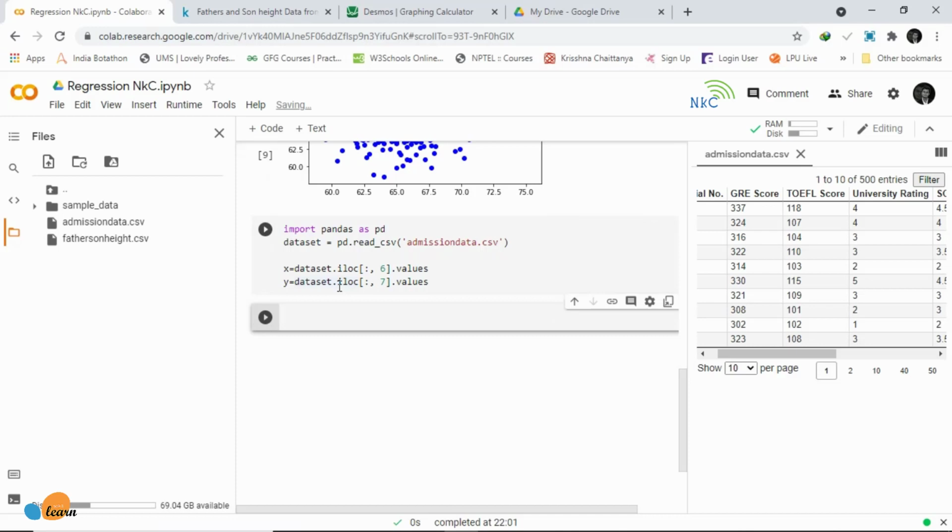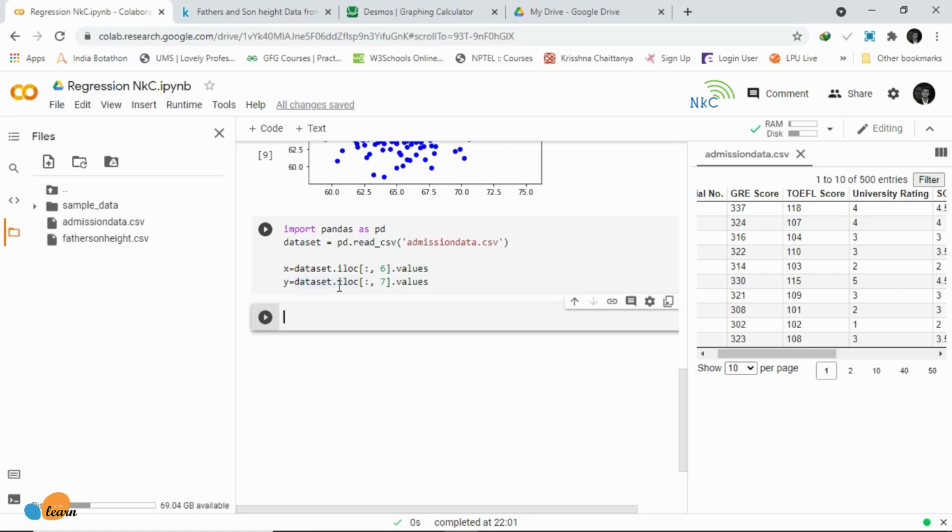So we will say 0:6, and of course we want to put .values at the end, and then our y will be equal to dataset.iloc, and we will say colon, comma. And we can't see into 6 dimensions with our eyes.